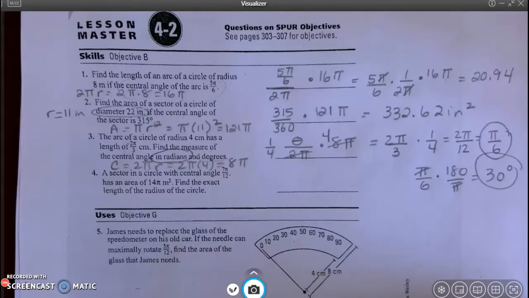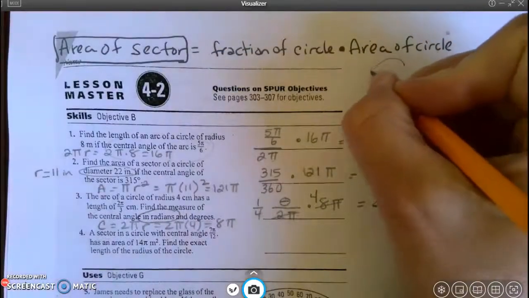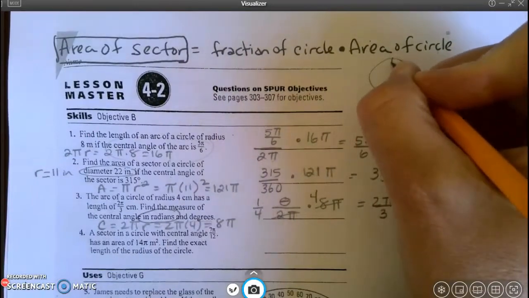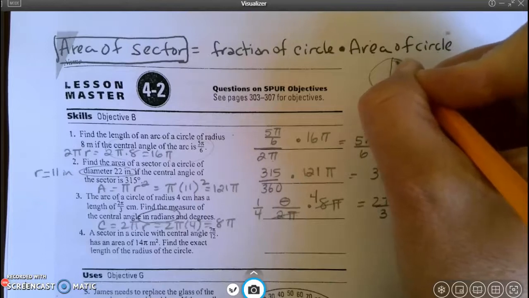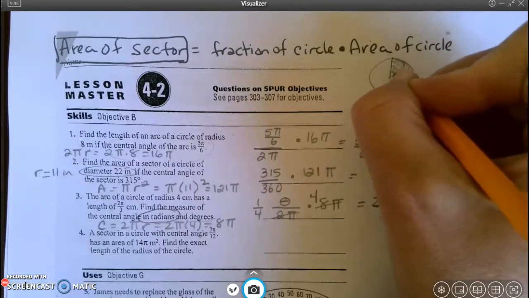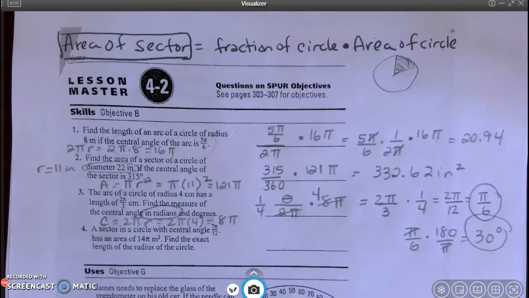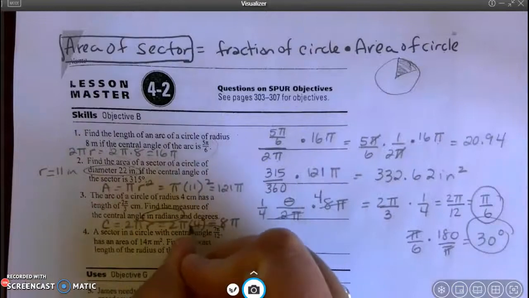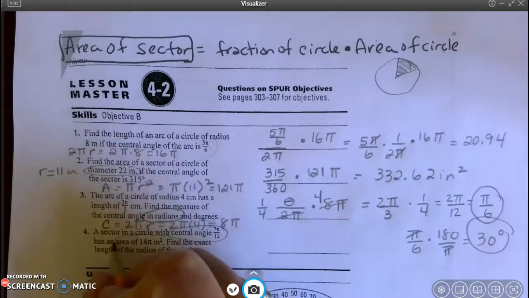14 pi meters squared. I do want to clarify that a sector is kind of like the area of a slice of pizza. The sector is the whole piece like that. So in my circle, I have a central angle of 7 pi over 12, and the area is 14 pi